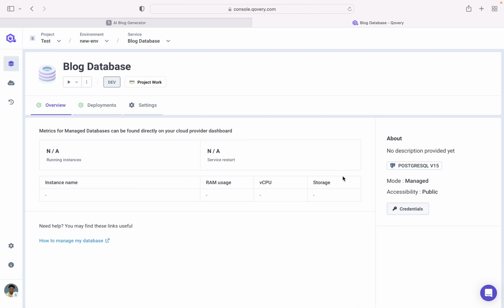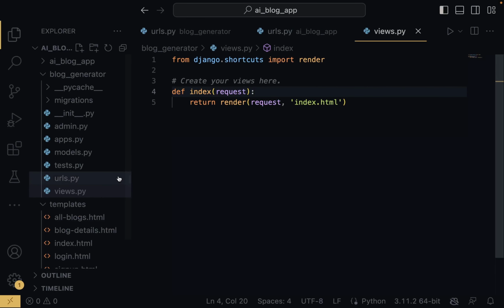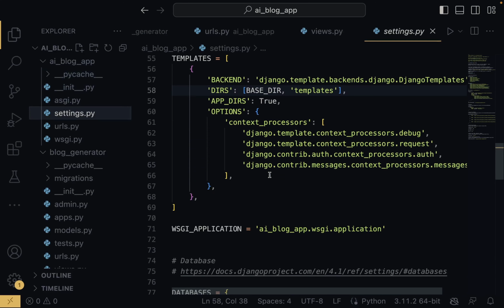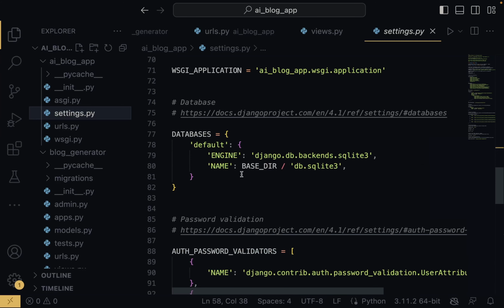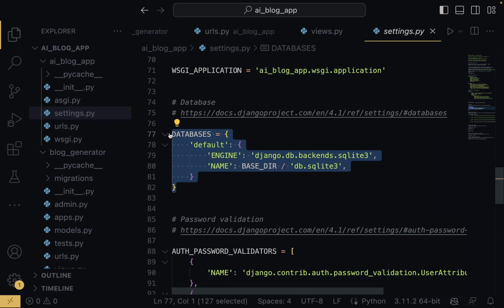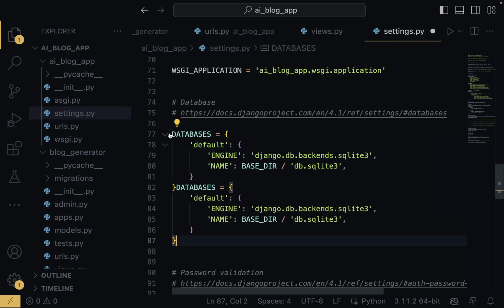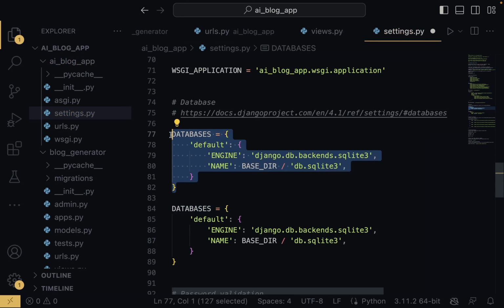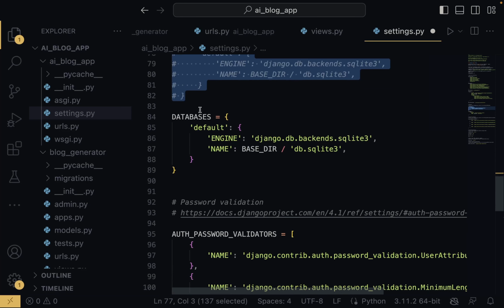But before we even use this, I'm going to come back into this Django project, and I'm going to go into settings.py, and in here I'm going to scroll down to where I have my database. So I don't need this. What I'm just going to do is to copy this and paste, and I'm just going to comment this out, and right here this is going to be the same, but the only thing that is going to be different is this particular